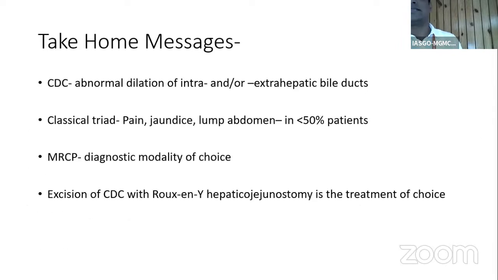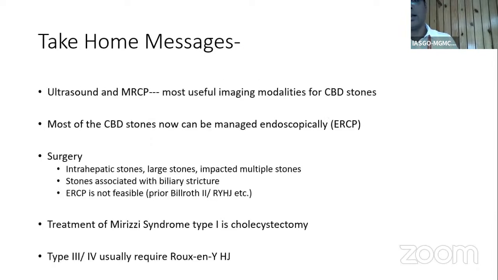Choledochal cyst is characterized by abnormal dilatation of intrahepatic, extrahepatic, or both of the bile ducts. The classical triad is pain, jaundice, and lump abdomen, but all these together are present in less than 50% of cases. MRCP is the diagnostic modality of choice, and the treatment is excision of the choledochal cyst with Roux-en-Y hepaticojejunostomy reconstruction. And coming to the last slide,